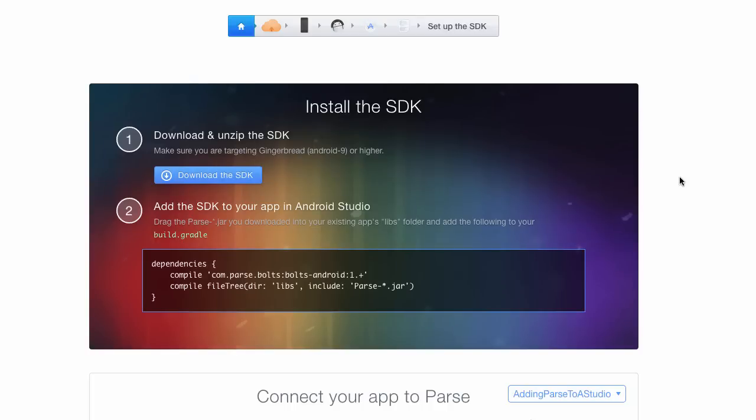Hey guys, Ron here and welcome to this video where I'll be showing you how to add Parse to Android Studio. This is due to a demand that most people don't seem to really still understand how it works